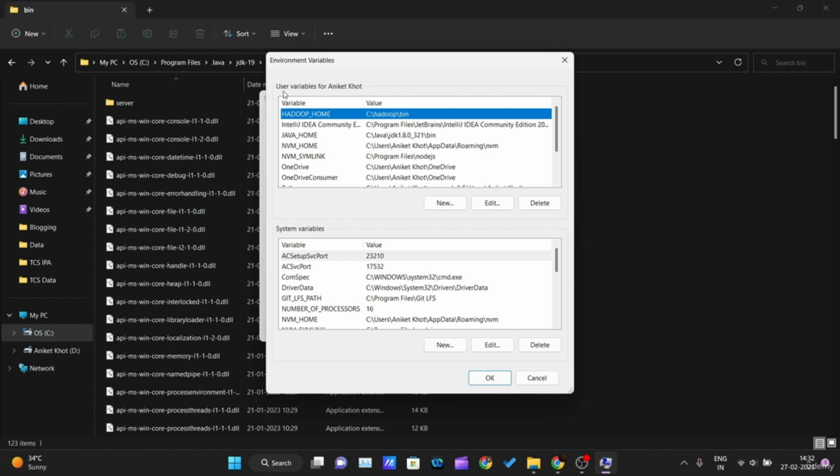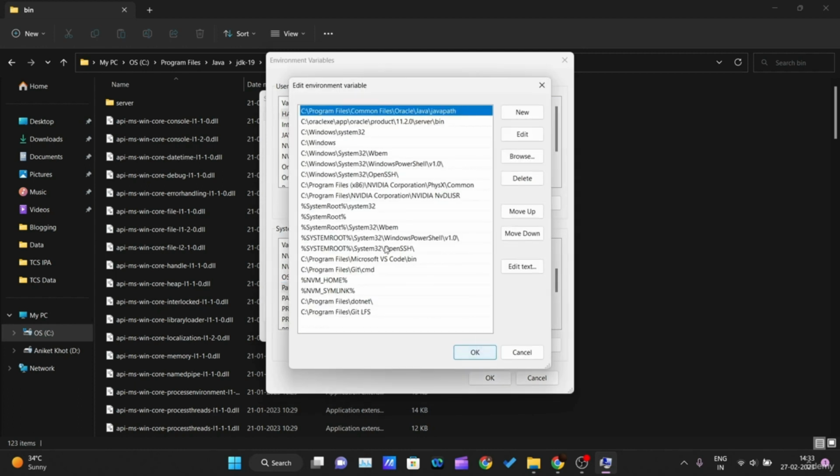You can set this environment variable path for the user variables, like this is my user. If you are using multiple users inside your Windows, then you can choose this. And if you are using only a single user in your Windows, you can choose the system variables as well. I prefer system variables because in some cases there are multiple users inside your PC, then you have to create that path separately for each user. So instead of creating that, you just come to system variables and click on Path, click on Edit, click